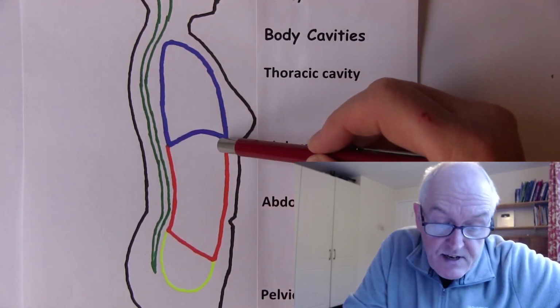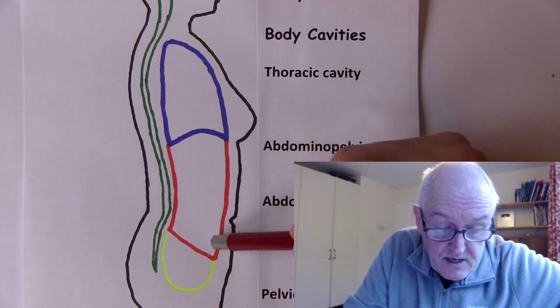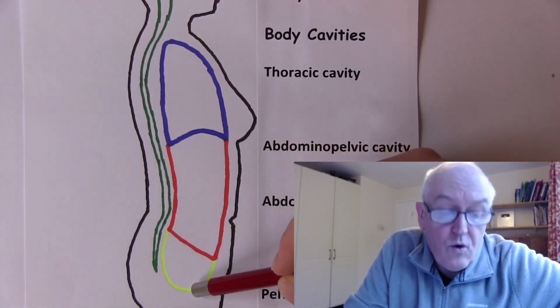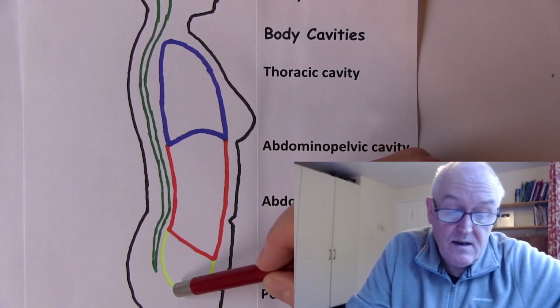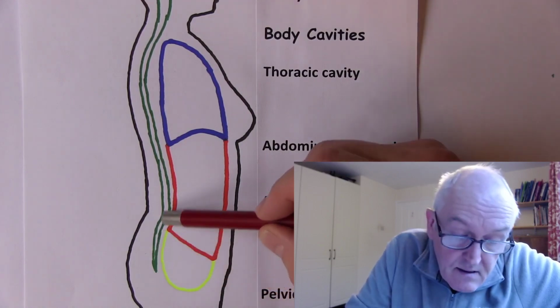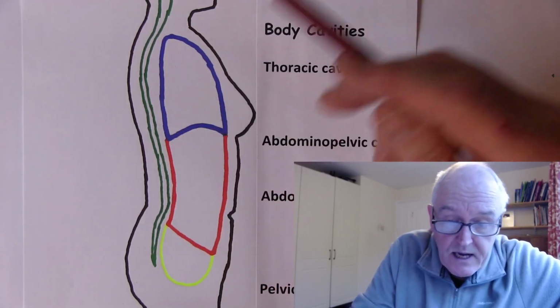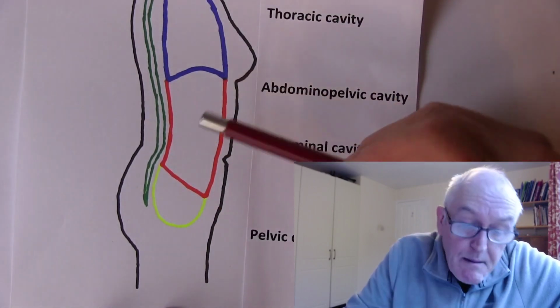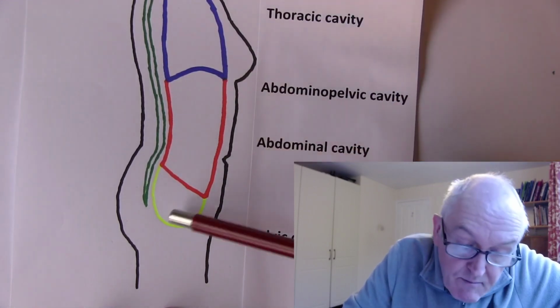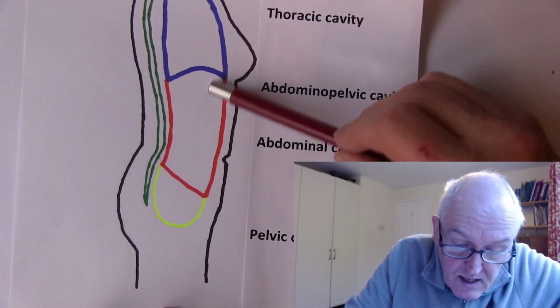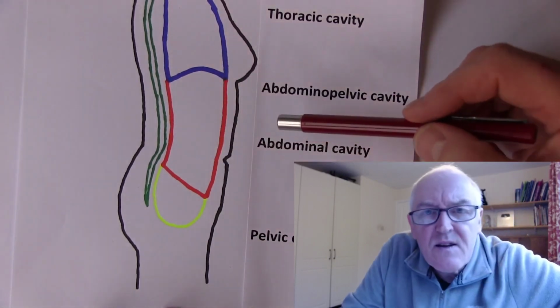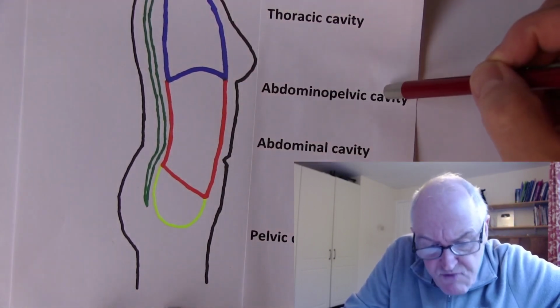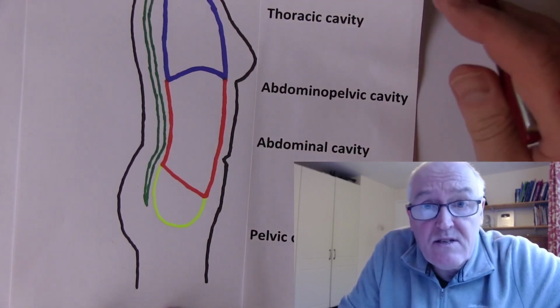Then that's the anterior surface of the abdominopelvic cavity going down here, all the way down here, and back up there. So that's the abdominopelvic cavity. It's covering the abdomen and the pelvis, the abdominopelvic cavity. And the reason we call it one cavity, really, anatomically, is it is one cavity.